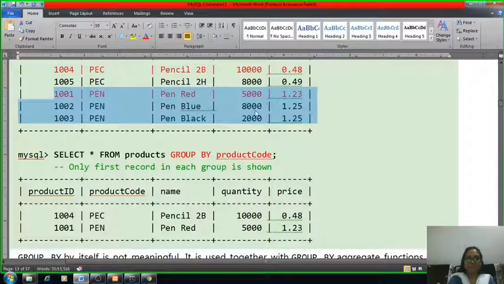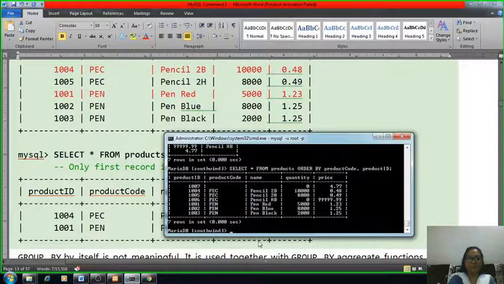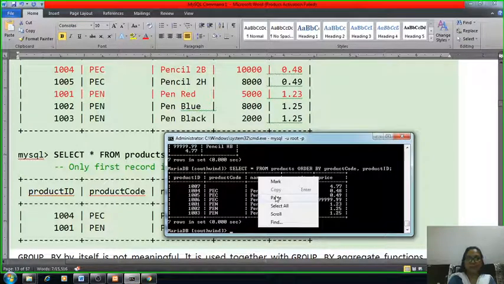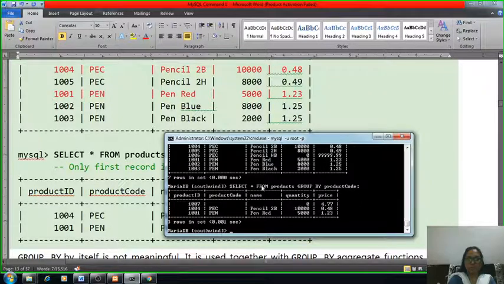It will skip the other records, and that is the meaning of group by product code. Grouping will group all the records in a common way, so it will be grouped into two groups.